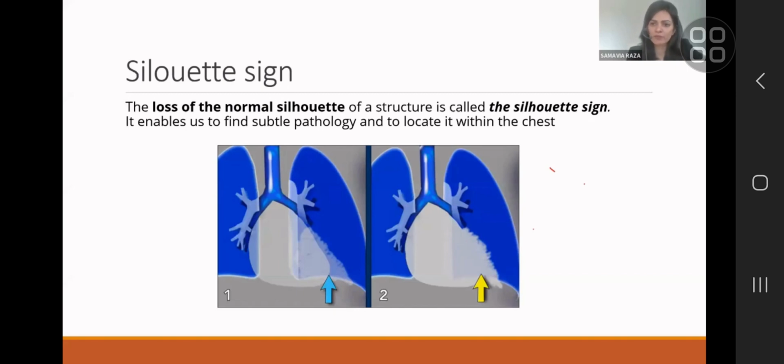So the examiner will quiz you about the silhouette sign. You can show off all you want about how you understand the silhouette sign. You use it very commonly when reporting it, but you use it in your head. You don't put it on a report. But it's very, very confusing for the